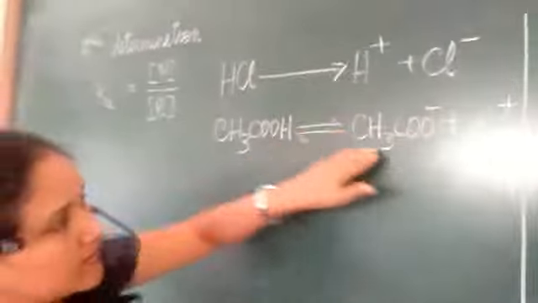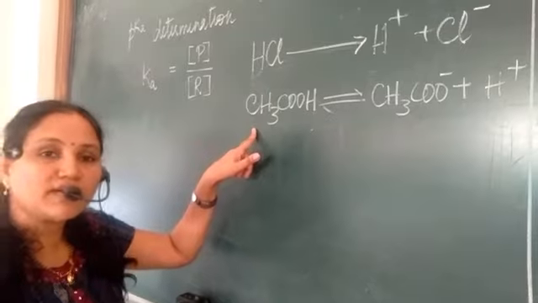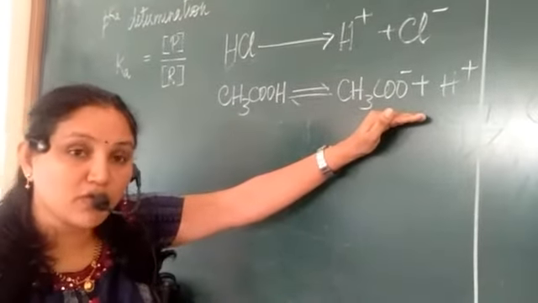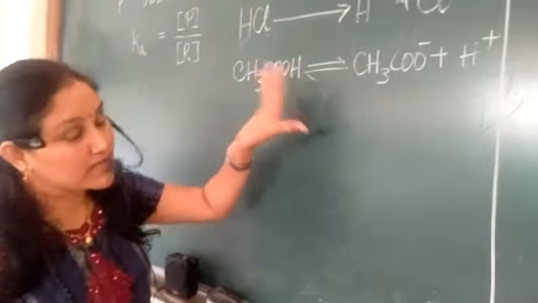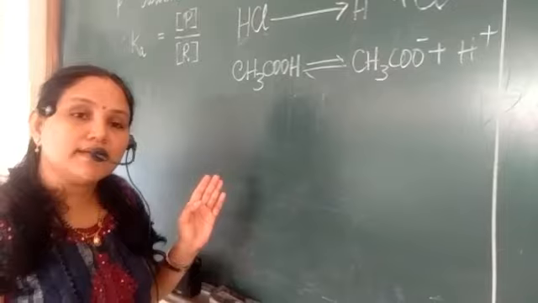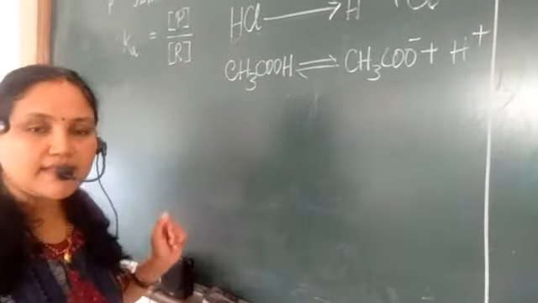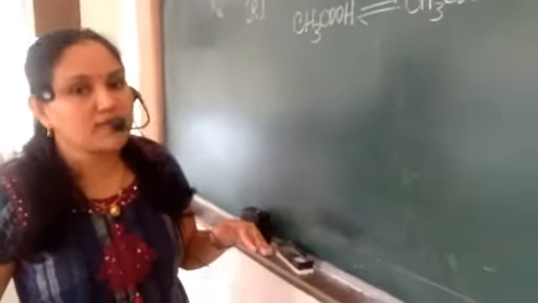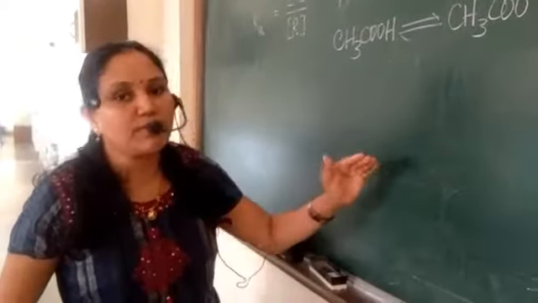This is not complete dissociation, meaning first it produces some ions, later they combine to give back the acid. Therefore, you cannot tell 100% has been dissociated or broken into ions, nor can you tell nothing has been dissociated. So the extent of dissociation lies from 0 to 1. Therefore, a weak acid is one which partially dissociates, and you can find the dissociation constant only of a weak acid, because for a strong acid it is always 1, because of 100% dissociation.